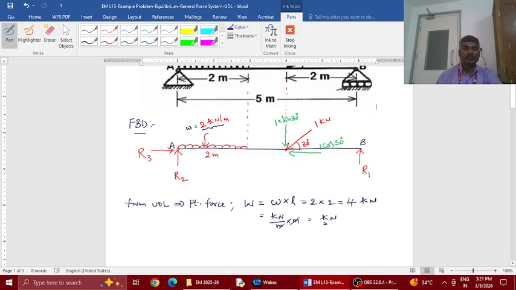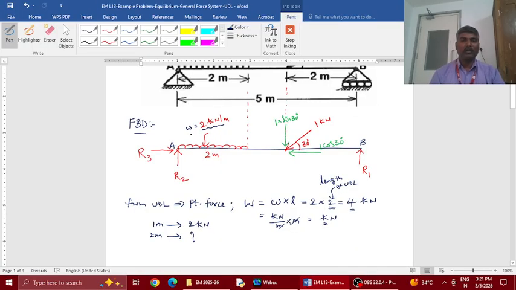It is a very simple logic here. For a 1 meter span, the total load distributed is 2 kilonewton. So for 2 meters, how much is the load being distributed? Such is the simple calculation. We simply multiply the distributed load value with the span, or the length of the UDL, which you said is 2 meters. So this is how you convert the UDL